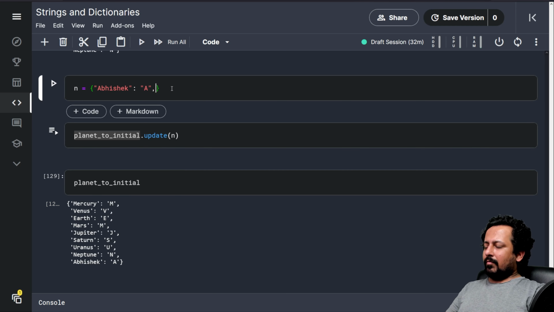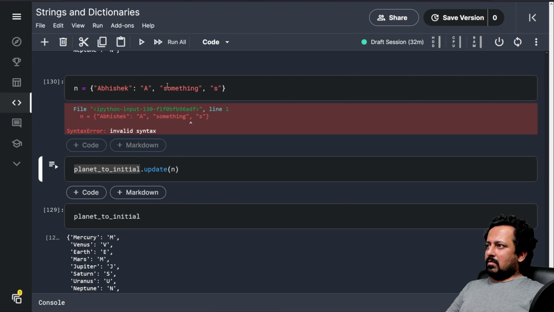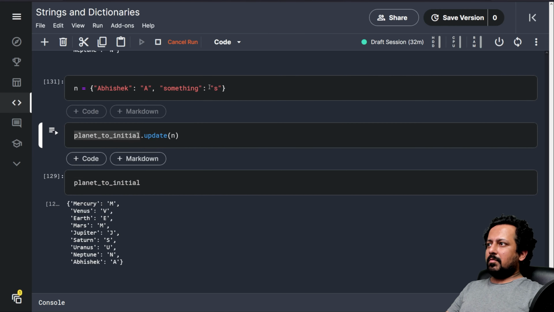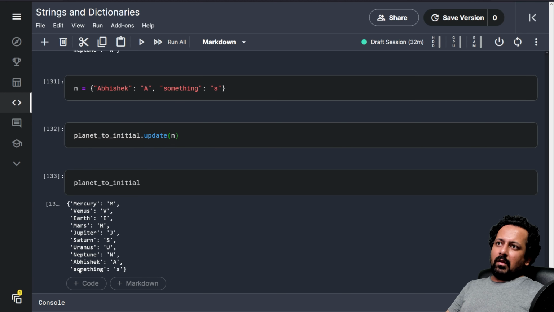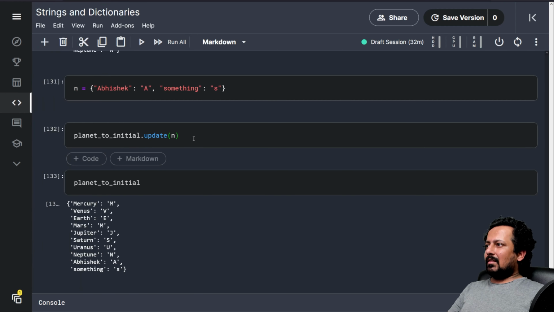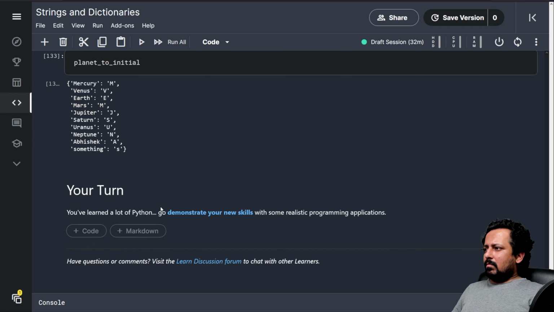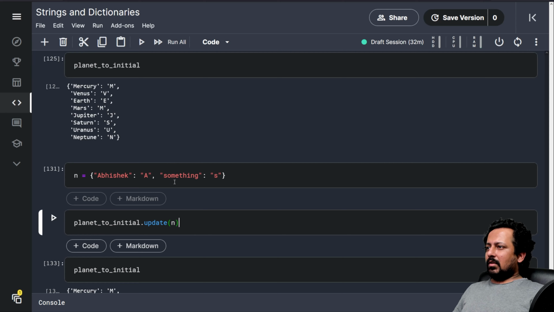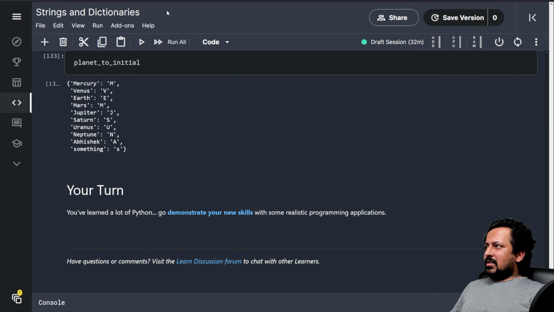If I have something else here and update this, it adds the new dictionary to the old one. This is in place, so it doesn't return anything. You just do dictionary.update new dictionary. This is also one of the things that you should know about. I think that's all about strings and dictionaries, and we can now go to the exercise.